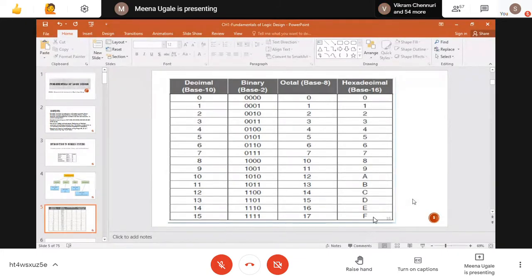So why is this kind of representation there? Because this is a standard design to represent numbers in these various kinds of notations. Now, why is F considered for 15? This is the standard one. But how I can represent numbers more than this 15 is our study of interest, and we will see how to go for that.